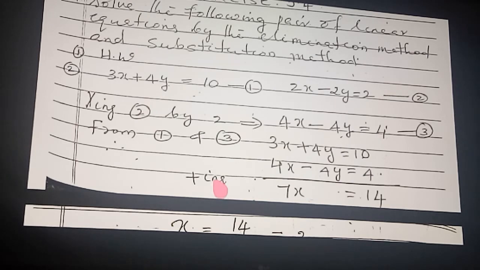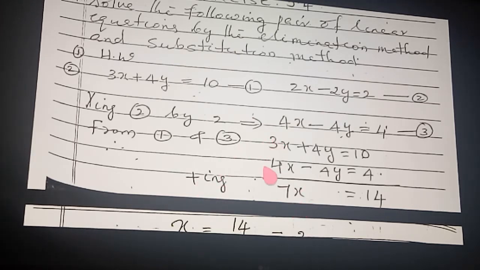Now here you want to think whether you want to add the equations or subtract the equations. See here, where the same variable's coefficient came. If both the signs are plus or both the signs are minus, you have to subtract. If one is plus and one is minus, we have to add them. You know that plus 4 minus 4 is equal to 0. So when opposite signs come, you have to add. Make it clear. Opposite sign coming, what will we do? Adding the equations. Same sign coming, what will we do? Subtracting. So we are adding these equations.